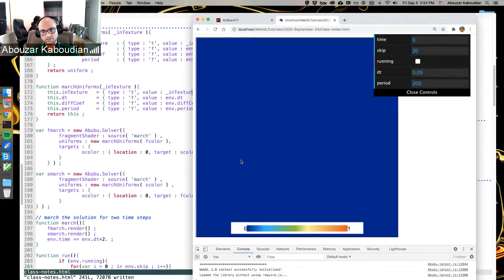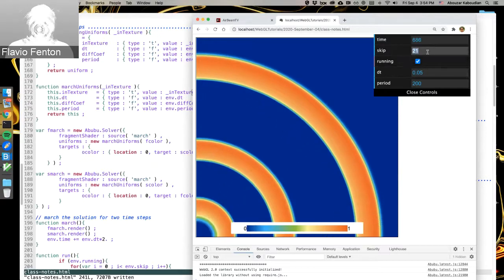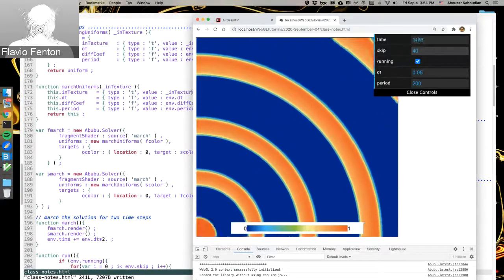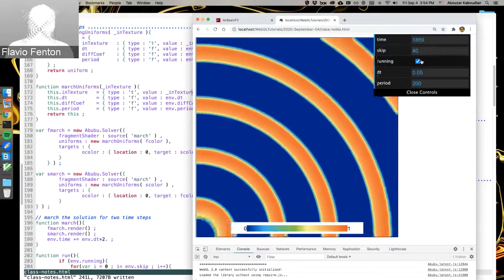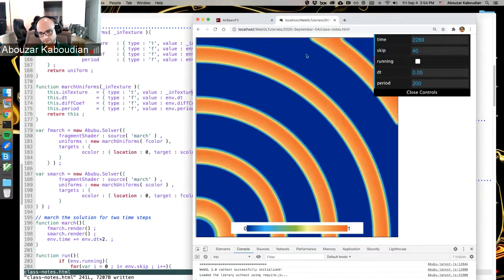Okay. So what you are calculating doesn't change. What is calculated is just stored in the textures, and the time marching is not affected at all. What is changed is how frequently you are writing the results onto the screen. It speeds up because now you don't spend time writing on the screen. That's why it accelerates. The speed is the same, but it slows down if you plot a lot. The reason is that the refresh rate of the screen is 60 hertz, and you can't draw more than 60 hertz on